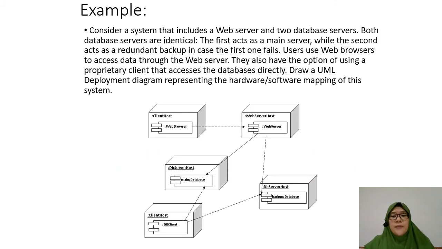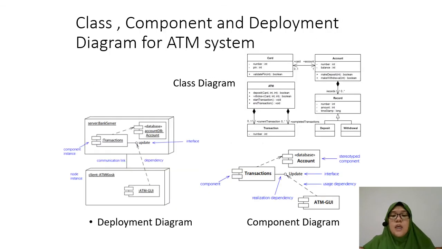Okay, and you can also specify your components in your deployment diagram if you want to, right? So as you can see, inside the node we have a component in it. Okay, so this is an example of a class diagram, component diagram, and a deployment diagram. Like I said, a component diagram is a higher level than your class diagram. So as you can see in here, the account class